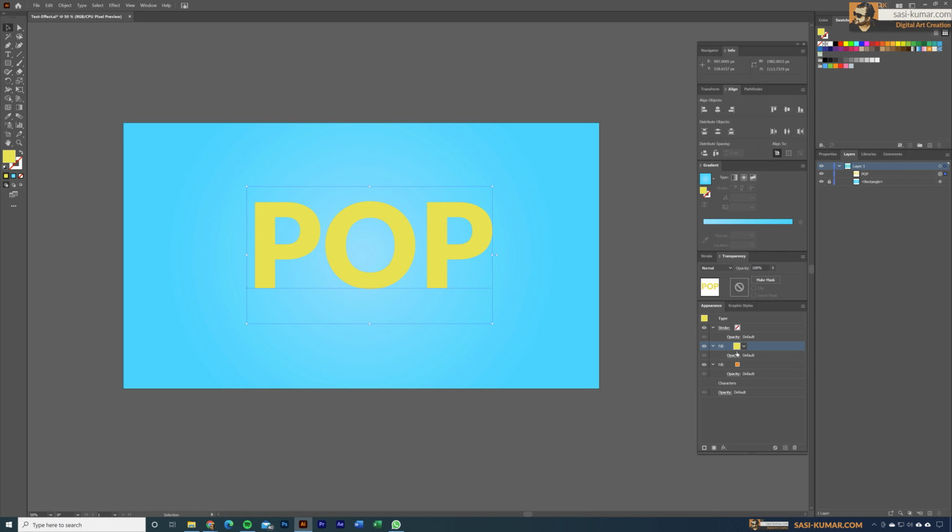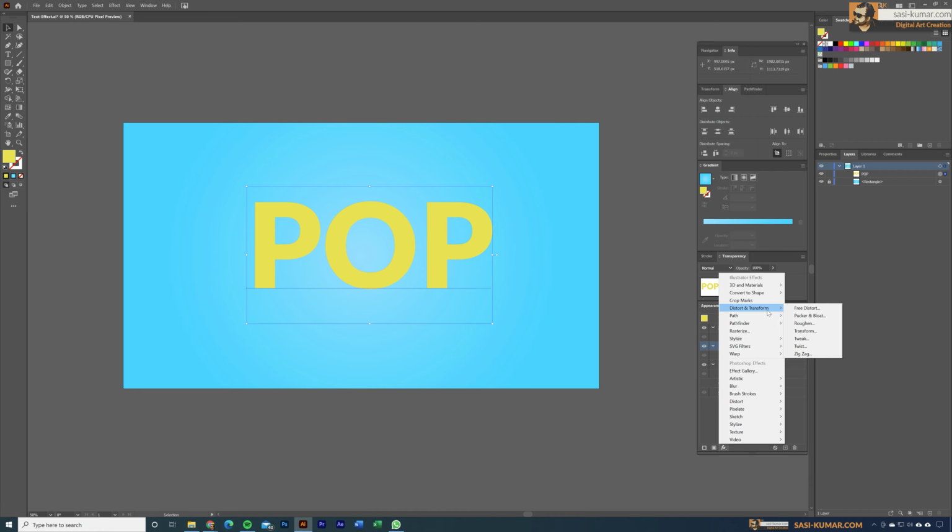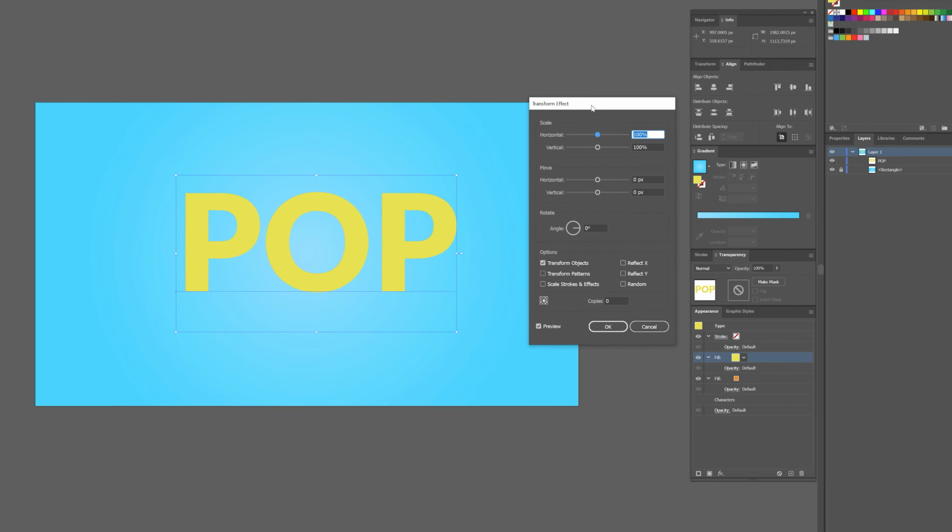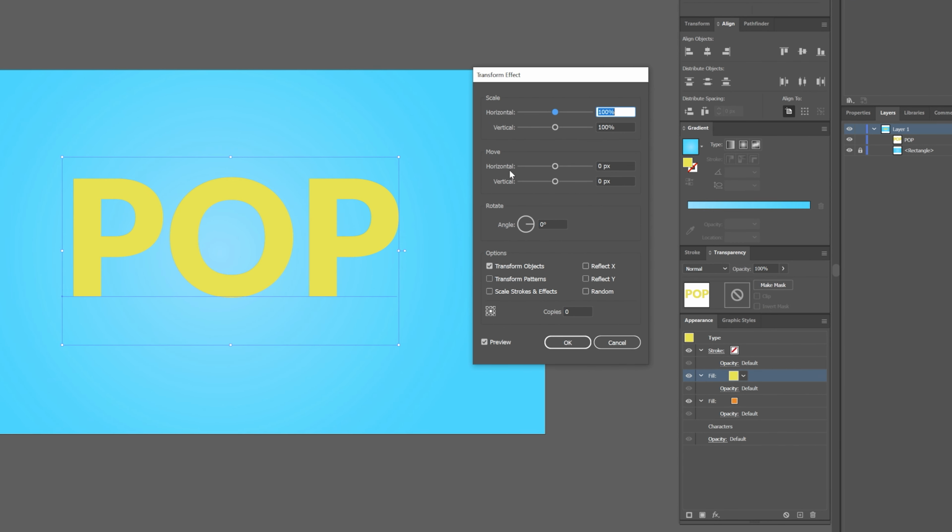Alright, let's apply the transform effect. So you have to select the fill color first, and then we can go to effects. In here we can use distort and transform and select the transform effect, which will bring the transform effect tool in here. So we can use the move transform effect and move this yellow color towards X or Y axis, or horizontally or vertically. For now, I'm just going to move towards horizontally, and I'm going to enter maybe 10